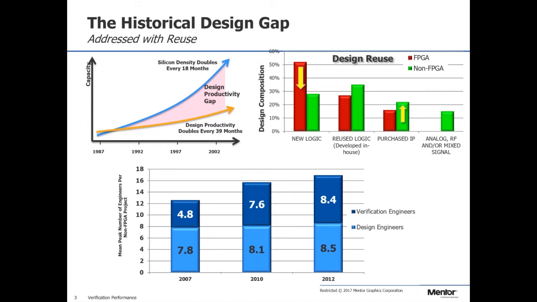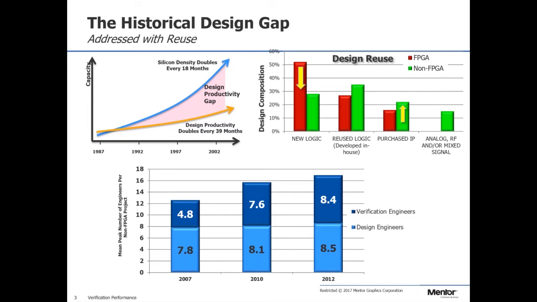So design productivity didn't turn out to be a big deal because we started reusing logic a lot more. We started purchasing IP either directly or getting it from the FPGA vendor. And so the amount of new logic being designed went down. What really turned out to be the issue was that we couldn't verify all the logic we were putting on there. And that's why you've seen over the last decade, and this slide is getting a little old,